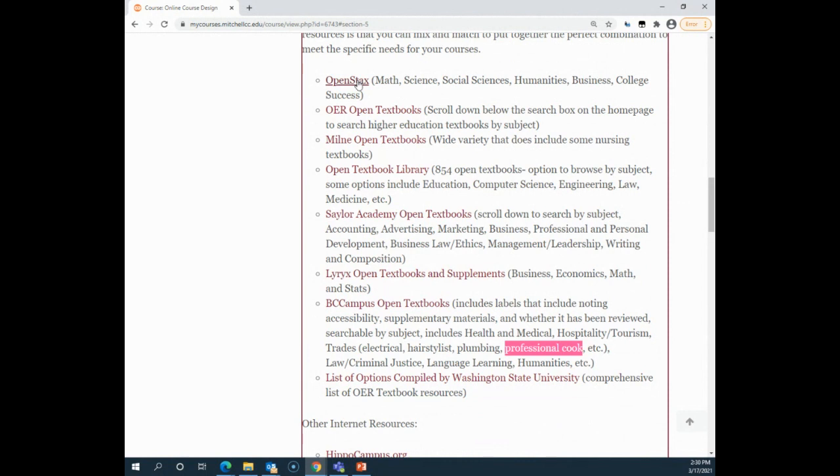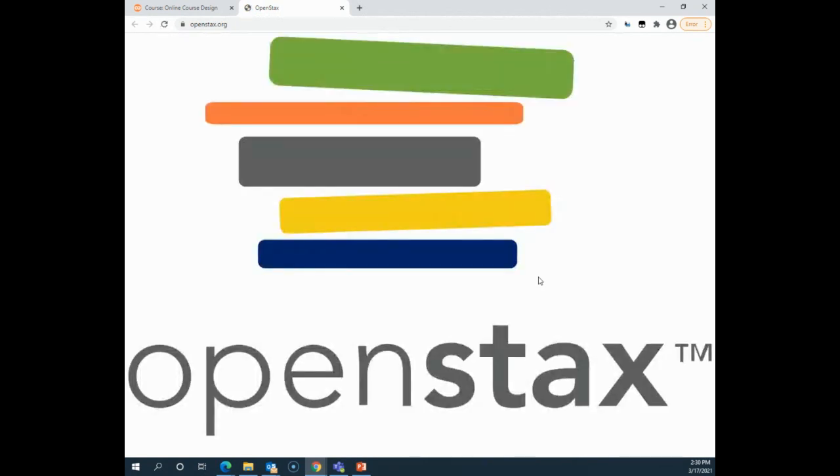course. I want to start with OpenStax for a minute. I want to actually go into that resource and show you some of the key things about it. Now, some of these have more than others in terms of supplemental materials. And so when I talk about supplemental materials, and I'm zoomed really far in for some reason,